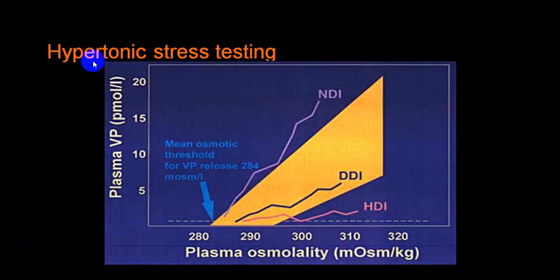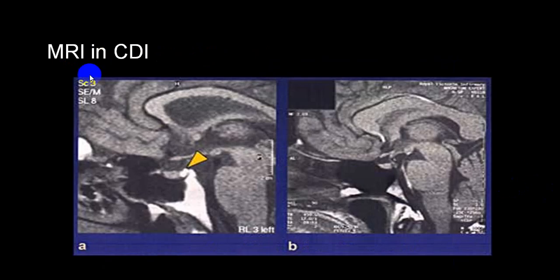And this is the response with a hypertonic saline. So when you give a hypertonic saline, the plasma osmolality will be this and ADH hormone production will be this way. So depending upon which disease it is, this is in a nephrogenic diabetes insipidus, this is in a central diabetes insipidus, dipsogenic diabetes insipidus, and this is HDI, that is central diabetes insipidus. MRI can help you out because if there is nothing in a pituitary fossa, it is because of the destruction of a pituitary gland.